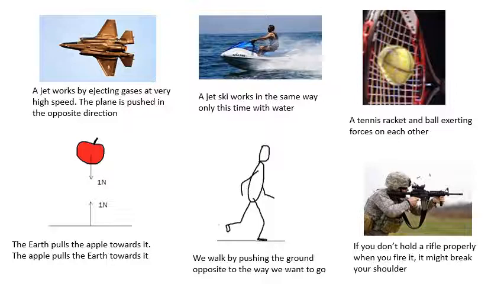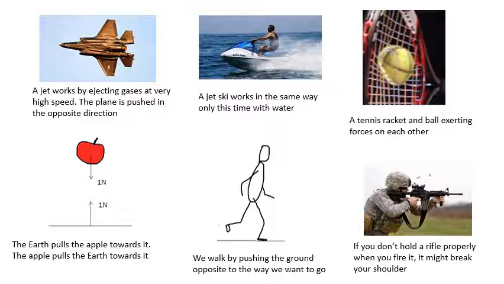Top right is a tennis racket and a ball, and they're exerting a force on each other in opposite directions, and you can see how they are deformed as a result while they are in contact with each other. Bottom left,